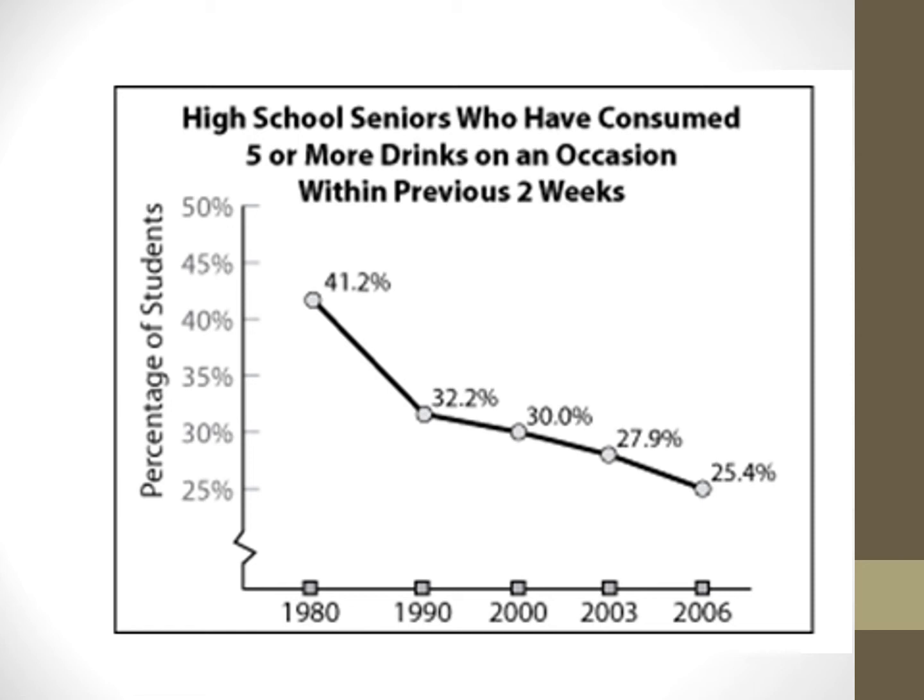And also, if you can see in the lower left hand corner, that kind of little squiggle means they're cutting out from the low percentages, which also changes the look of the table. But regardless, we've got percentage of students on one side, and then we have years. So we can see in 1980, 41.2% indicated within 2 weeks they had 5 or more drinks, versus in 06, only 25.4%. And I would imagine there's a significant difference between